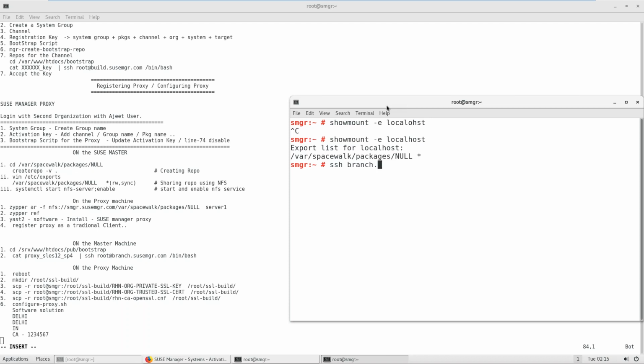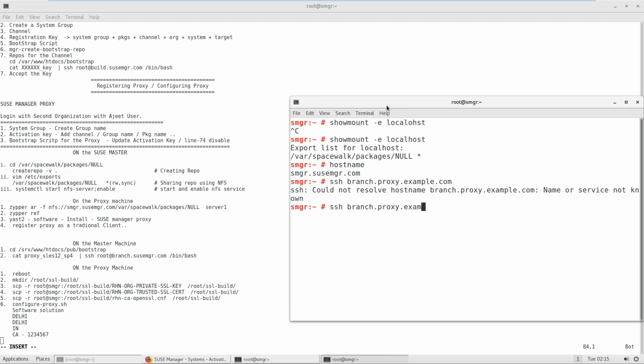Branch.proxy, wait a minute. Okay. So branch.proxy.example.com, susemgr.com, and then I have to write showmount -e and this name. There must be this output,